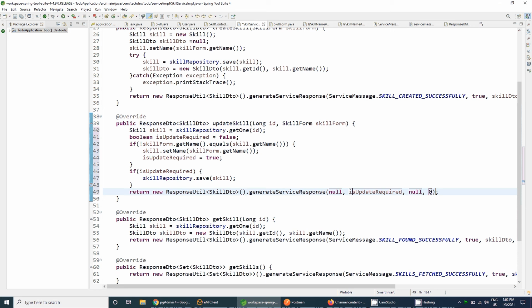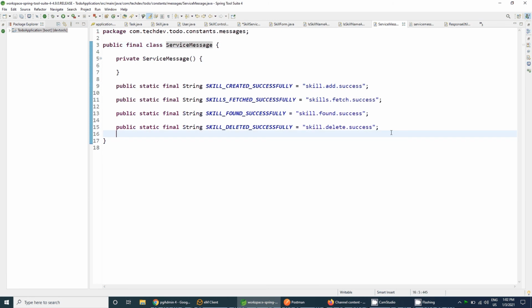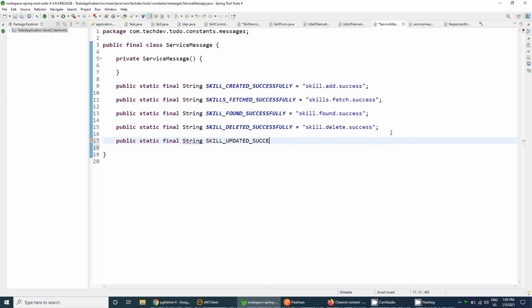So let's add the service message here. ServiceMessage is our constant class in which we are setting the constants or keys for the messages we are delivering in our response. So skill updated successfully, skill dot update dot success.